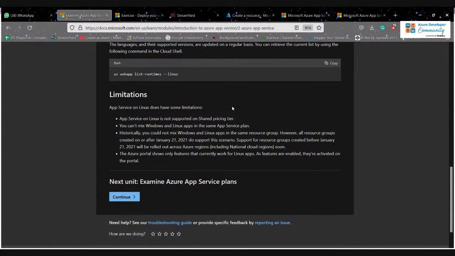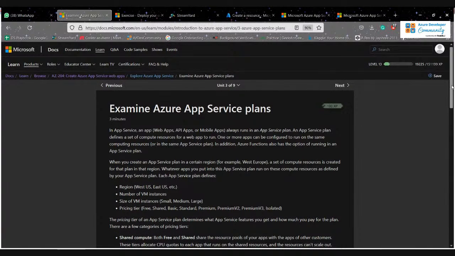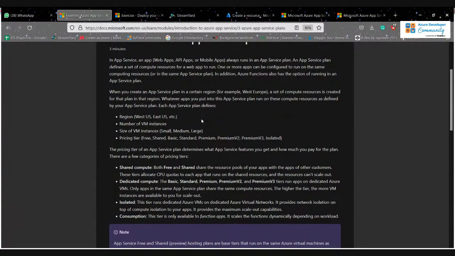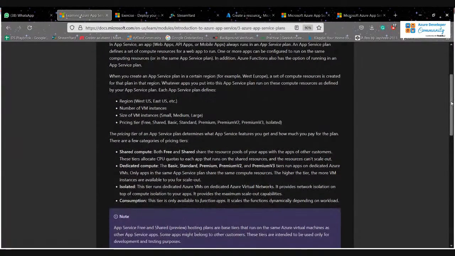You can make your web app according to your needs and your choice. So Azure's advantages are more than its limitations. Then we have to examine the Azure App Service plans. We have service plans according to the region, so the basic ones are West US and East US. So the support depends on which Azure service plan you are using and which location you are working